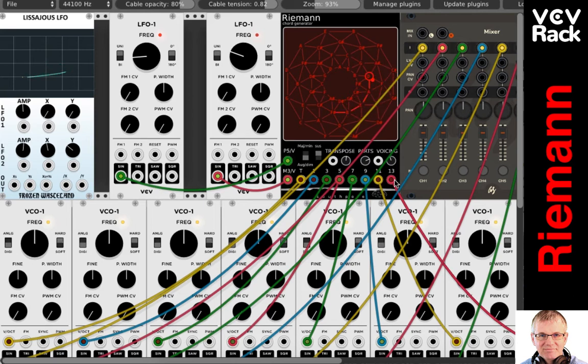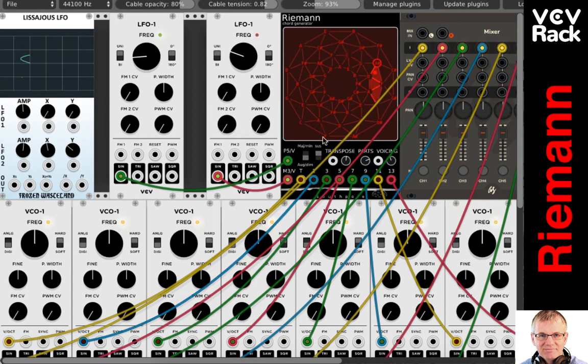Now, if it was just in root position, no inversions, it would be the first, third, fifth, seventh, ninth, 11th, and 13th of the chord. So these are the intervals. Now, what we have here is